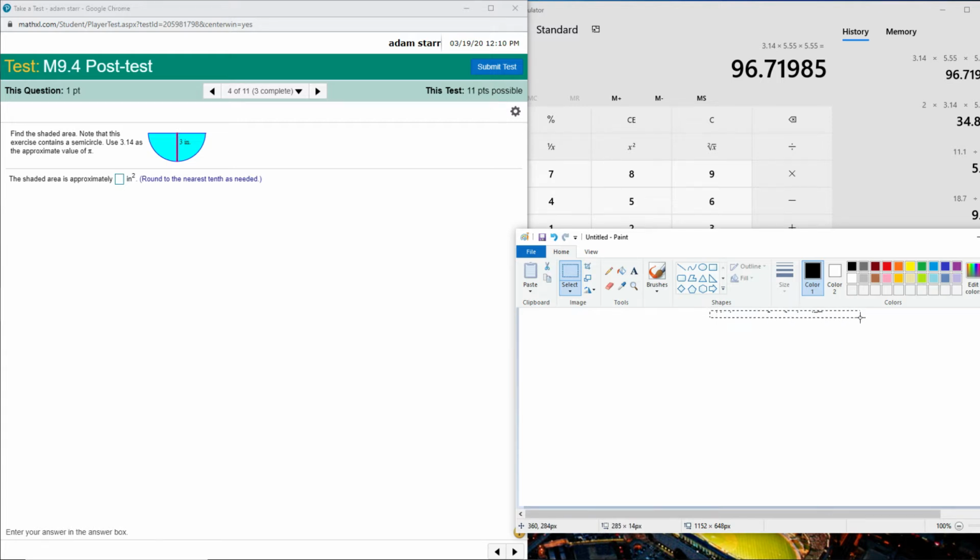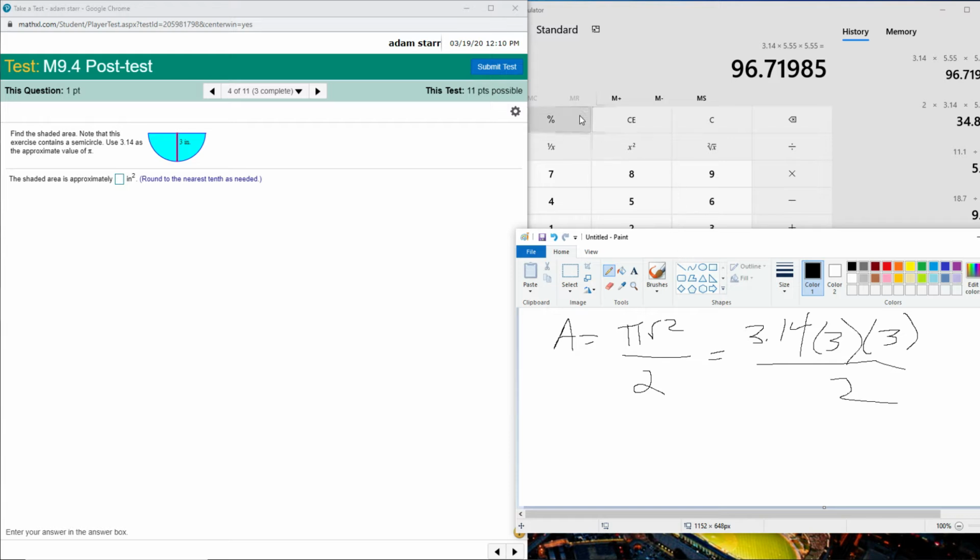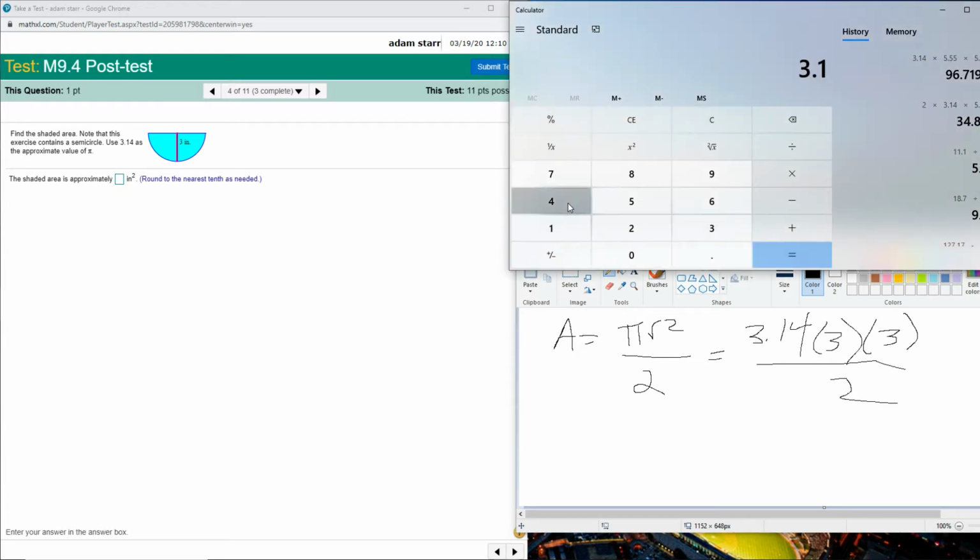So to find the area here, a full circle is pi r squared. But because it's a semicircle, which is half a circle, I'm going to have to divide it by 2. Again, it says to use 3.14. So 3.14. My radius here is this 3 inches. So multiplying it by 3 times 3, and then dividing it by 2. So 3.14 times 3 times 3 divided by 2 is